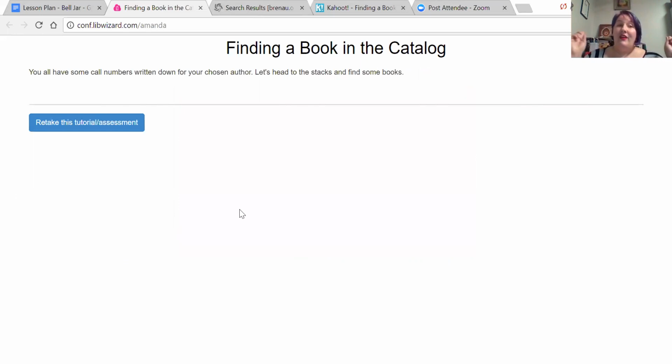We all have the title of the book written down. We all have our call number written down. So now we are going to go out into the stacks and look for our books. While we're in the stacks, I'm going to point out the signs on the shelves that have the call number ranges. I'm going to point out as I walk around with the students